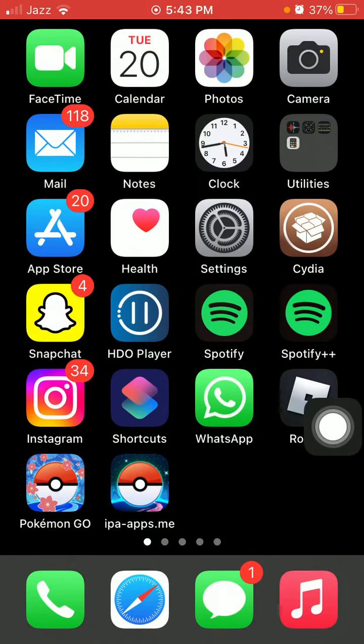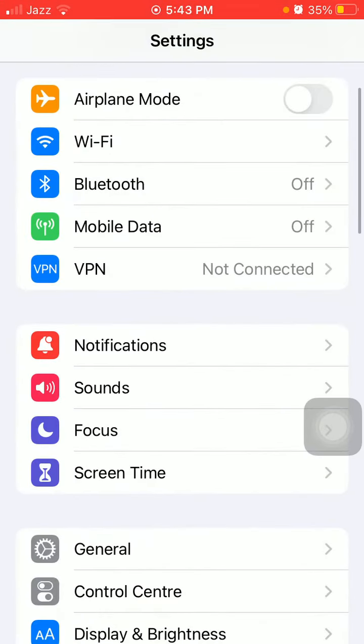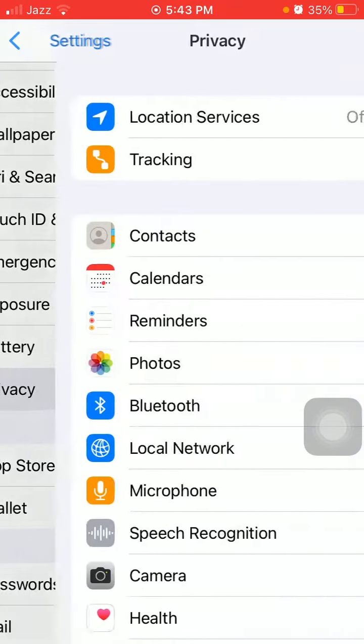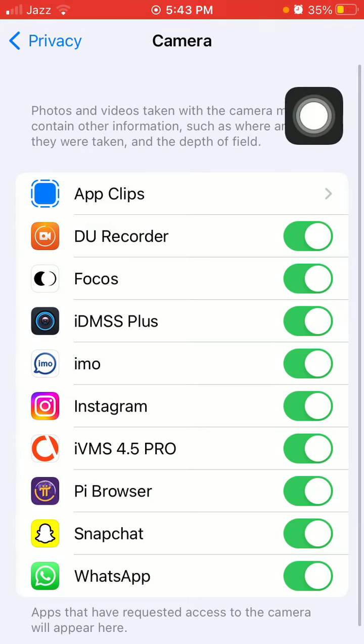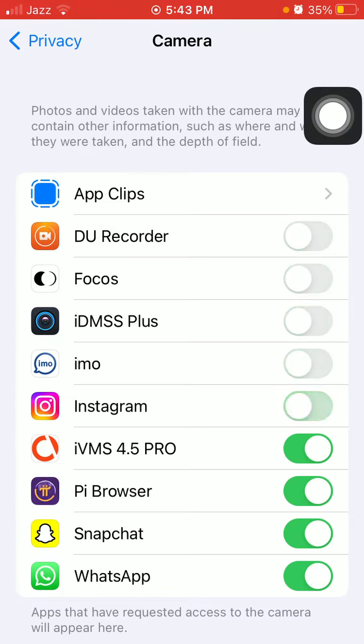If the issue is still present, then we move to some other solutions. Now we are going to check the camera setting under privacy. Launch settings and tap privacy. Here we are going to tap on camera and turn off camera for all the apps, WhatsApp